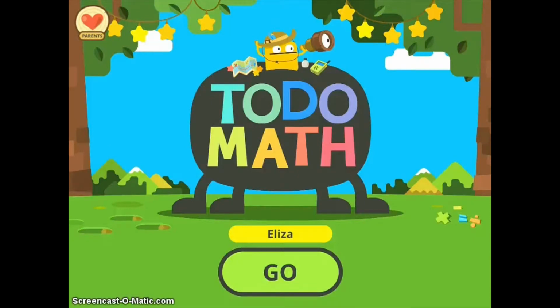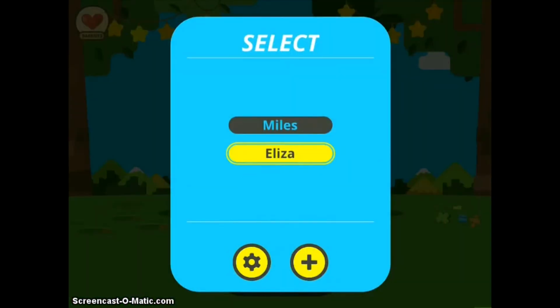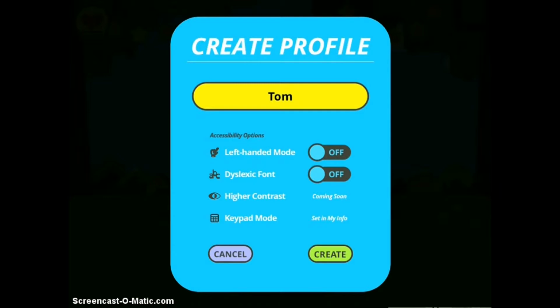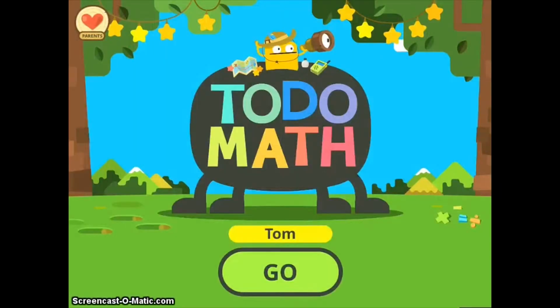All right, well, first of all, in this first screen, you'll notice right away that you have the ability to create profiles, which is a very powerful tool when it comes to assessing student progress. So you can see that Eliza is listed as one of the students, and you can go ahead and press go if you are in fact Eliza. But to create a new account, if you click on Eliza, you have the ability to add accounts. Now it'll allow you to add one account per device, but it will ask for an email address if you want to add more than one